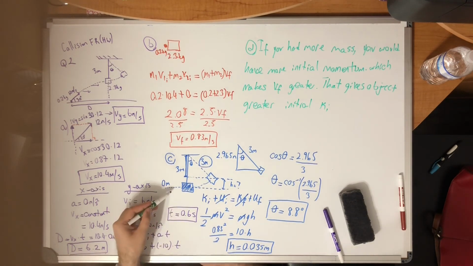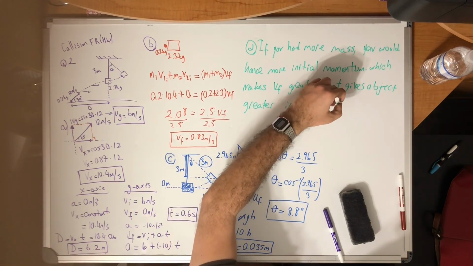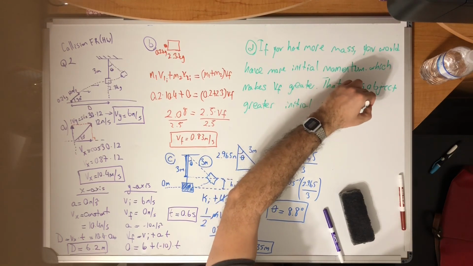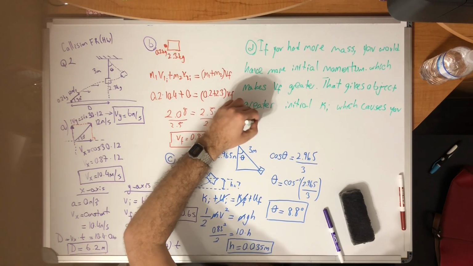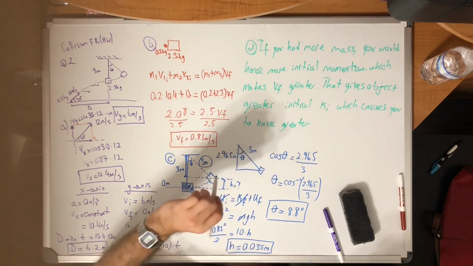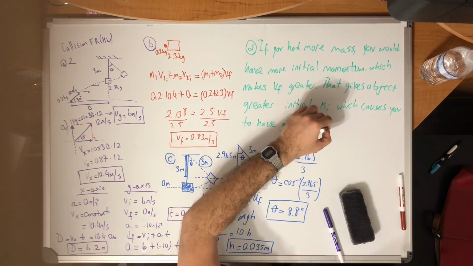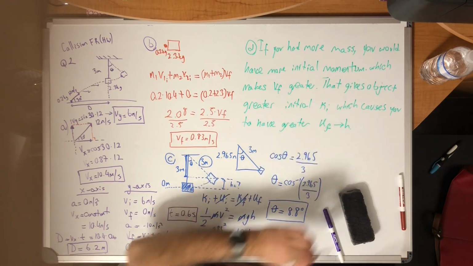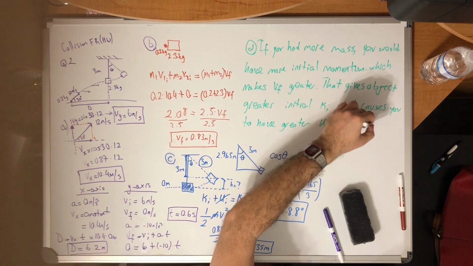And if you have more kinetic energy, that means you need to have more potential energy. And that means you need to have a greater height, which causes you to have greater potential energy, U final. So if that height is more, that means your angle theta